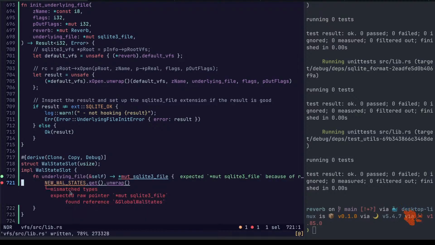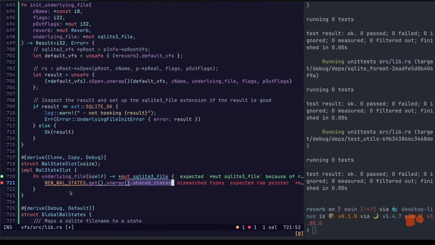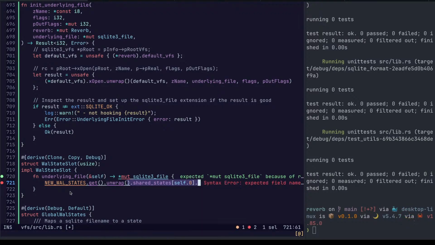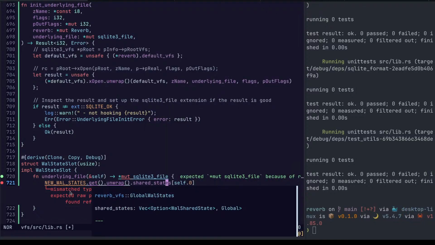Interesting. Do we need this for anyhow? Global wall states dot shared states, self dot zero dot, what's this return? So now we have our global shared state.